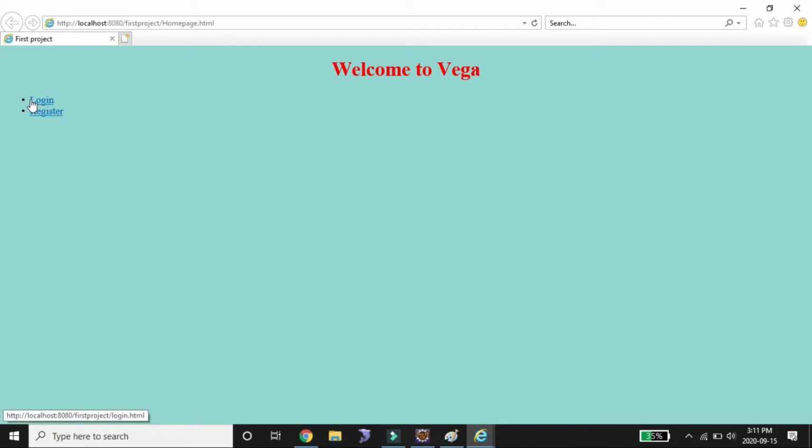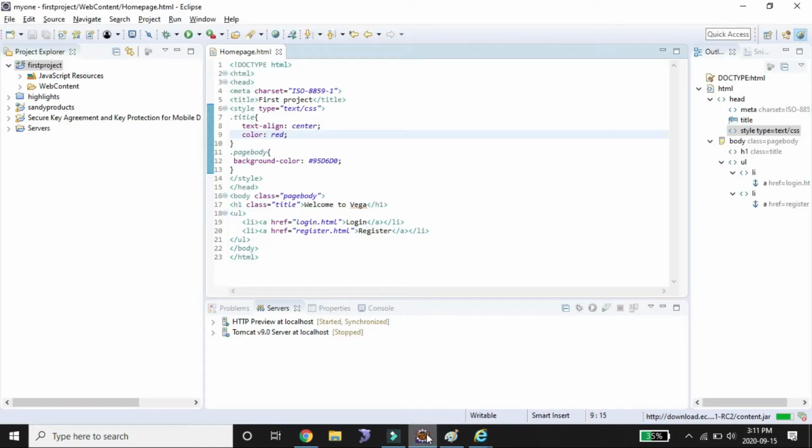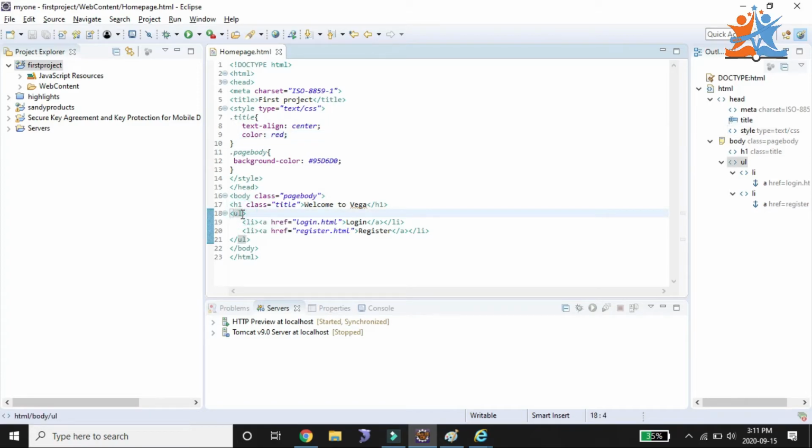So now our target is that these two things, login and register, must be in the center and with box type of information. For that, here I can go with a name. Class for the unordered list: class equals menu.